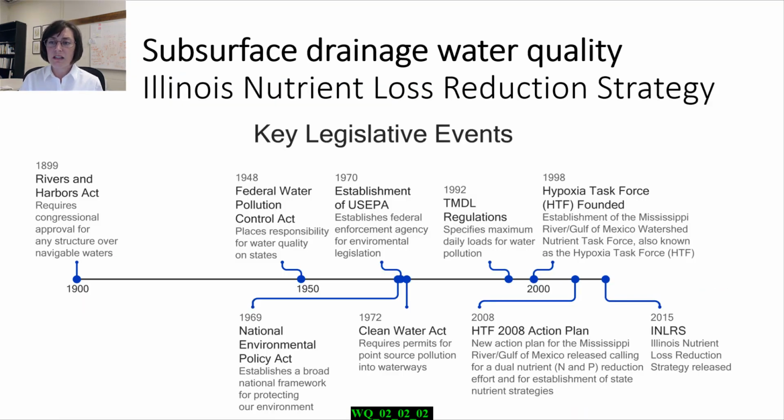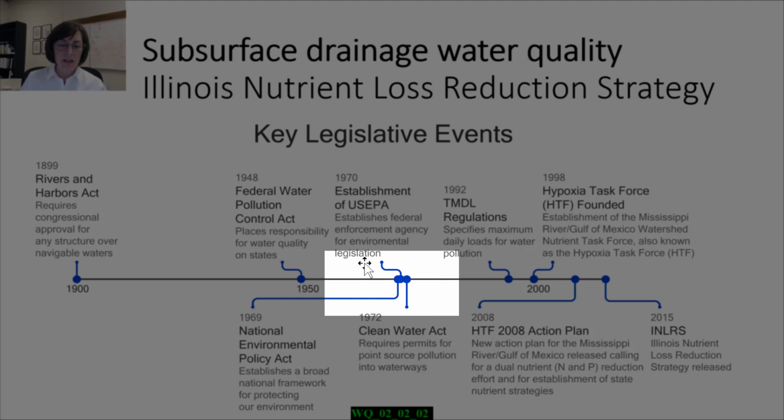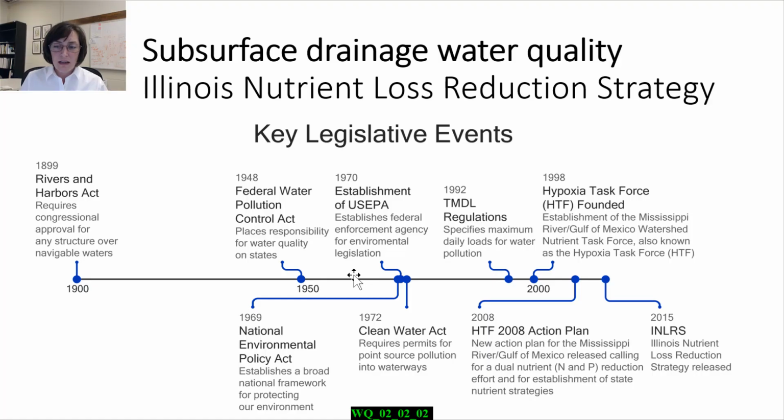In this lesson, we're mainly going to talk about some of the specifics of the Illinois Nutrient Loss Reduction Strategy, NLRS, you might hear me call it, but I wanted to start by putting in context some of the earlier environmental movement. This timeline shows some of the earliest water quality related legislations in our country, starting back in 1899. But you'll note that one of the most active times environmentally in terms of legislations was right around late 60s, early 70s. One person who is an important driver of this activity that I wanted to talk about some was